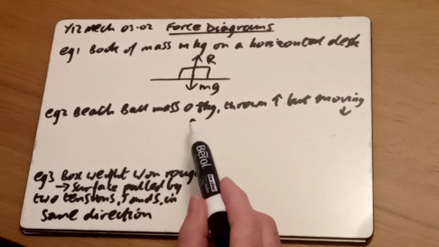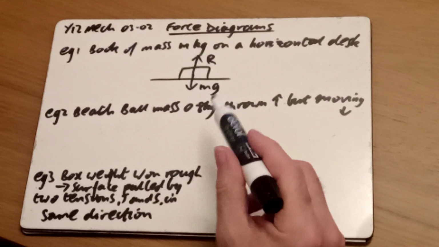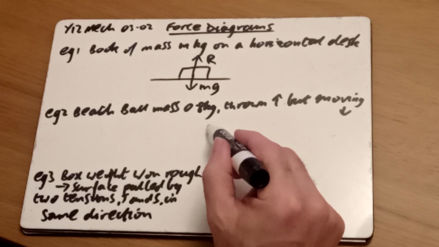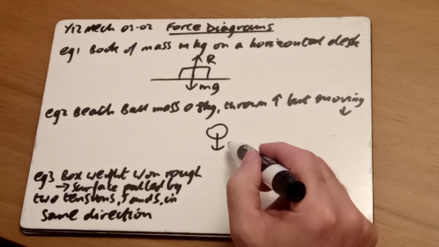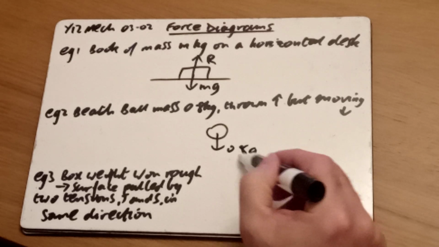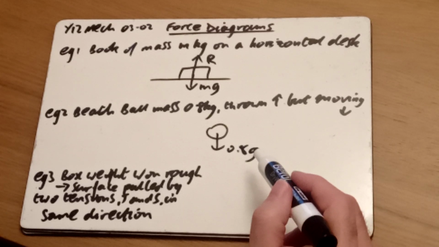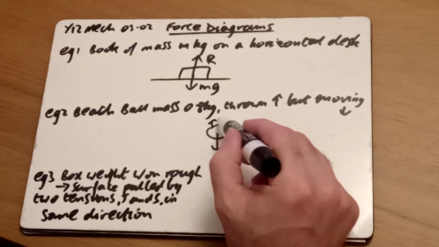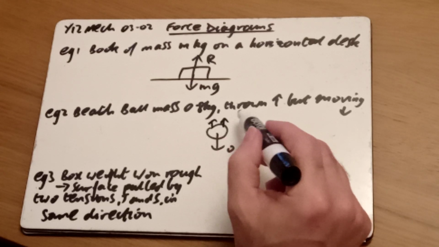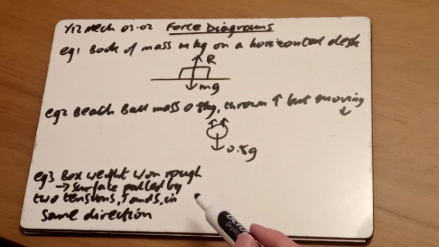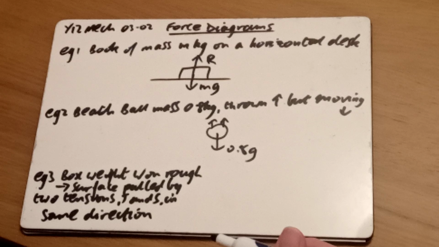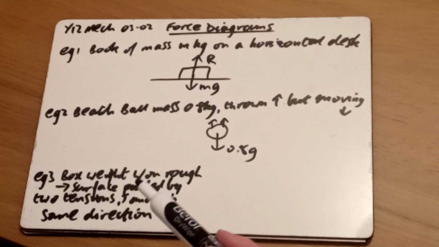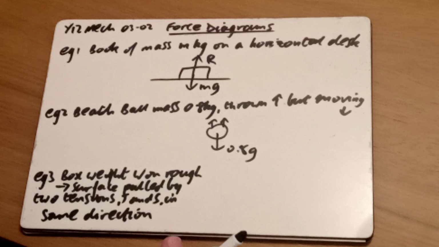Example 2: a beach ball, mass 0.8 kilograms, is thrown upwards but is moving downwards. Now, beach ball, in reality, all it's got is its weight, 0.8g. There might be some form of air resistance going upwards, but in the early part of mechanics we generally look to ignore air resistance, partly because it's hard to measure, and we're only starting off by looking at a rough mathematical mechanical model. As you go through a course, we might look at